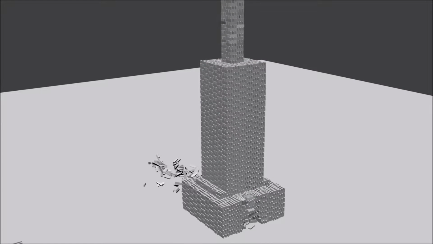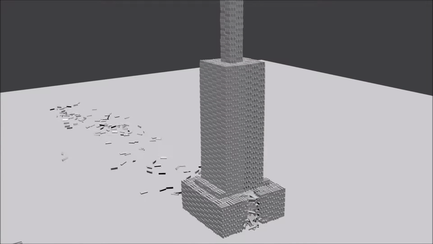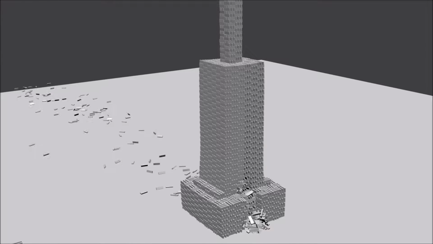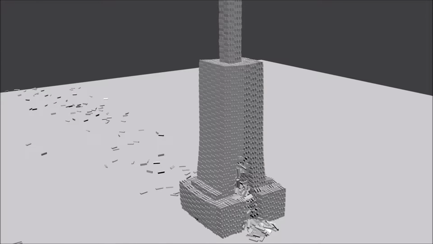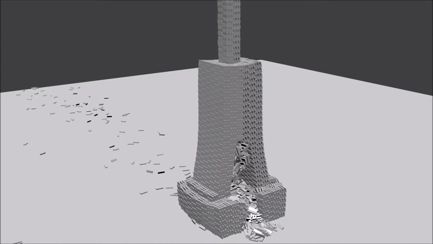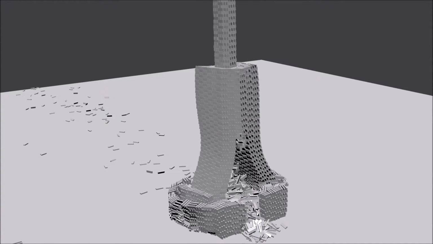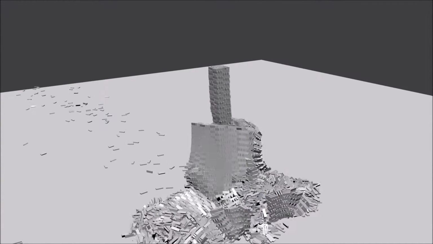This demonstration is one of my favorites. The tower is hit by a moving plank in the middle at the bottom, and eventually it gets to a point where the tower cracks and falls down. It's quite interesting to watch, and there are an astounding 9,300 objects in this simulation, which results in a quite